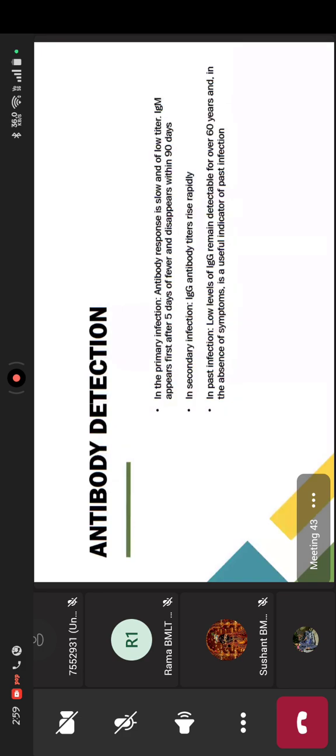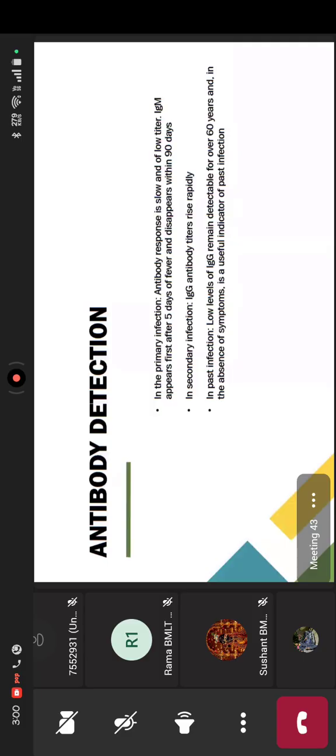वहीं पे अगर हम एंटीबॉडी की बात करें तो 3 टाइप के इन्फेक्शन हैं, प्राइमरी, सेकेंडरी और पास्ट इन्फेक्शन, ठीक है। पास्ट इन्फेक्शन का मतलब कि मुझे 6 महीने पहले इन्फेक्शन हुआ था, लेकिन अभी भी मेरी बॉडी के अंदर एंटीबॉडीज होंगी जो उस वक्त बनी थीं इन्फेक्शन से फाइट करने के लिए, राइट। अगर मैं प्राइमरी इन्फेक्शन की बात करूं तो सबसे पहले जो एंटीबॉडी बनती है किसी भी इन्फेक्शन के अगेंस्ट वो है IgM एंटीबॉडीज, राइट, जो फीवर के 5 दिन के अंदर अंदर बन जाएगी, और 90 दिनों के अंदर अंदर डिसअपियर हो जाएगी, गायब हो जाएगी।